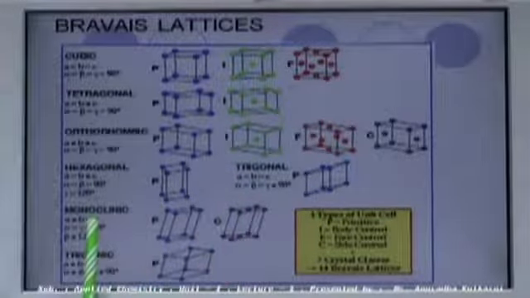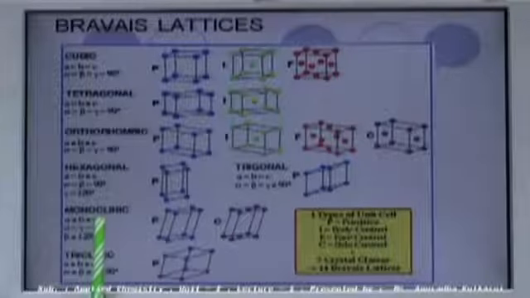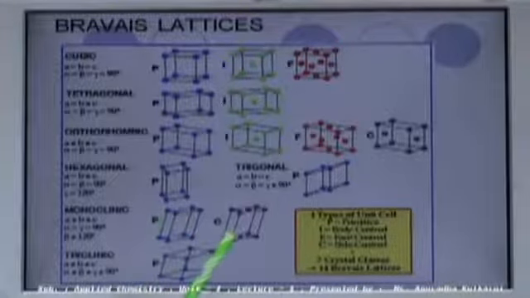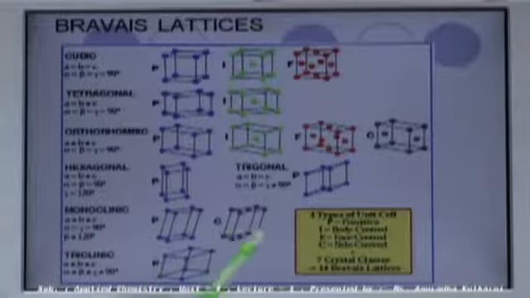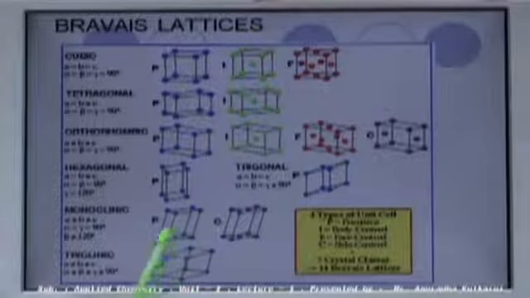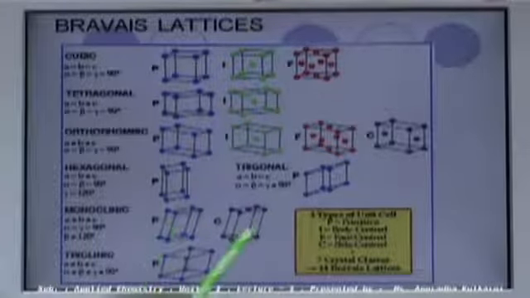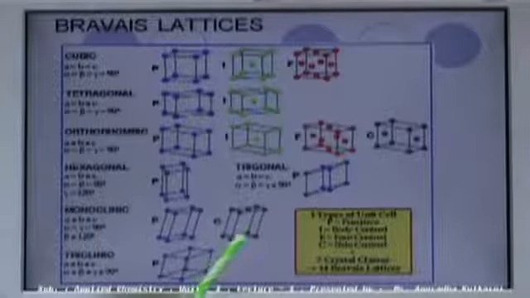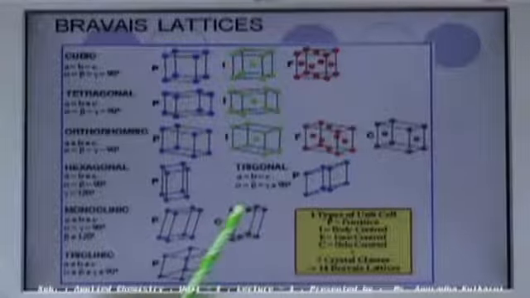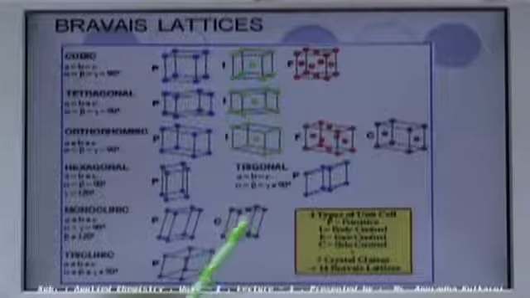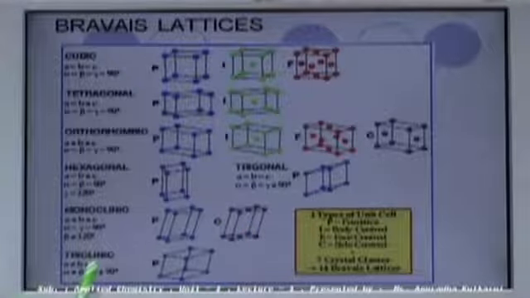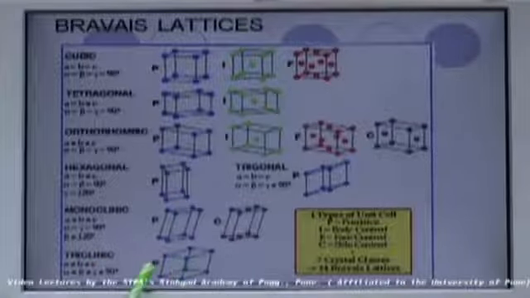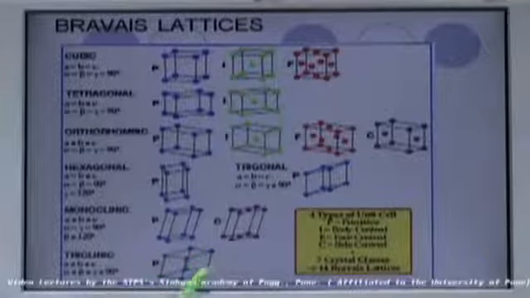Here next is monoclinic crystal system. For monoclinic crystal system, there are 2 types of unit cells. One is primitive, second is side centered. Here the lattice points are at 8 corners, very simple, and in this case lattice points are at 8 corners. In addition to that, 2 lattice points are situated at center of opposite faces. Then triclinic system, only one unit cell is possible and it is primitive. Lattice points are at 8 corners.